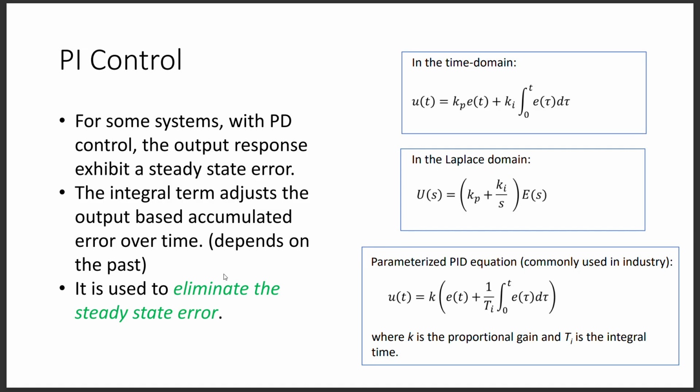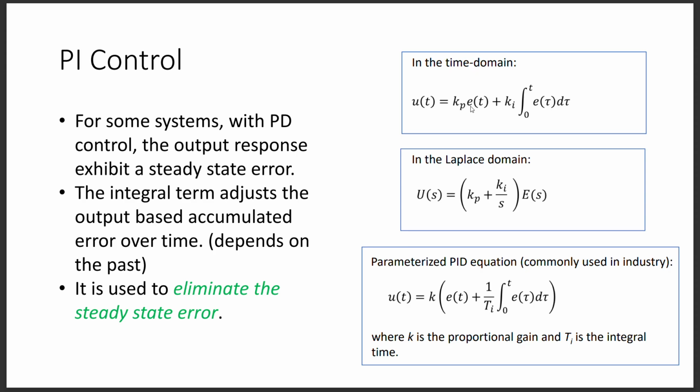Last is PI control. PI control is when we keep proportional control and add an integral. So now, not only does the control signal depend proportionally on the error, I want it to also depend on the integral of the error. Why would I care about the integral of the error? Remember,